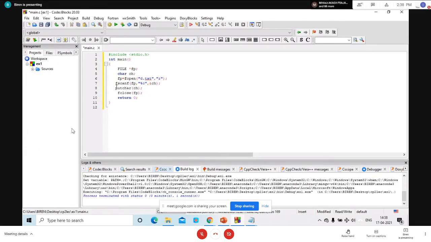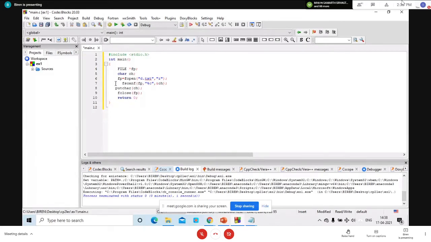Okay, then fscanf. Let's say we want to scan one character. Then we can use it like this, where ch is declared as a character variable, and in fscanf you are doing this. We need one additional argument. The type of the first argument must be a file pointer. The remaining things remain as they are. Okay, so you can scan one character from a file.